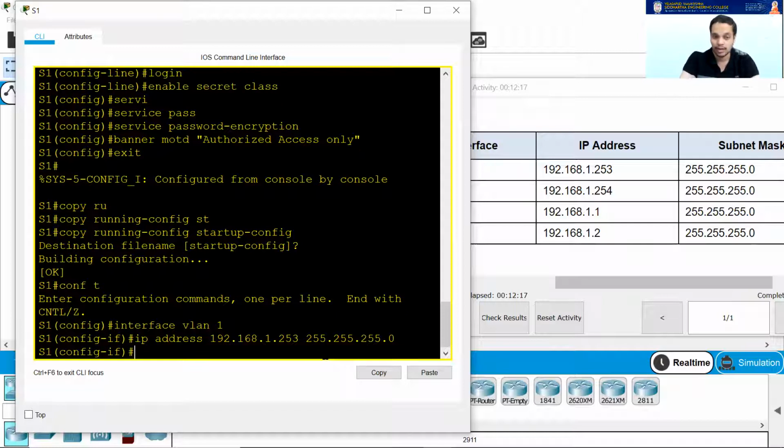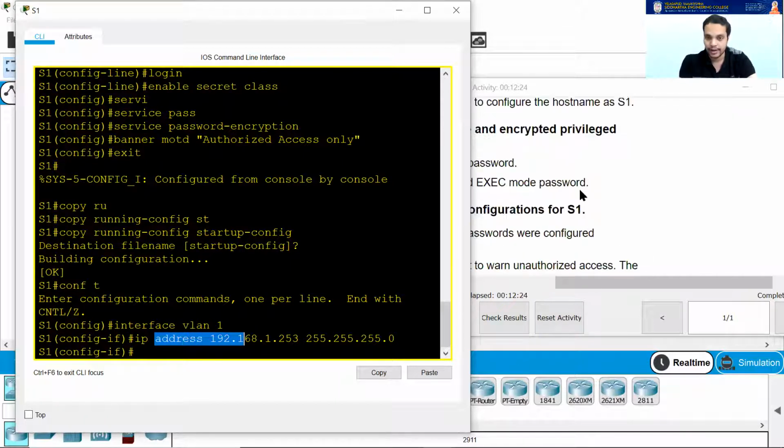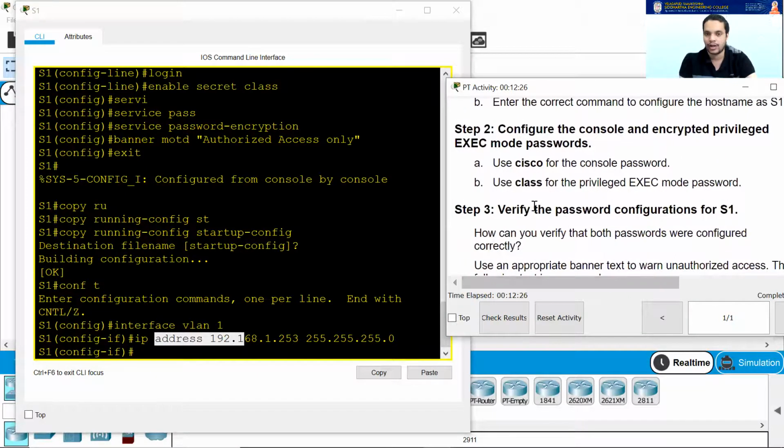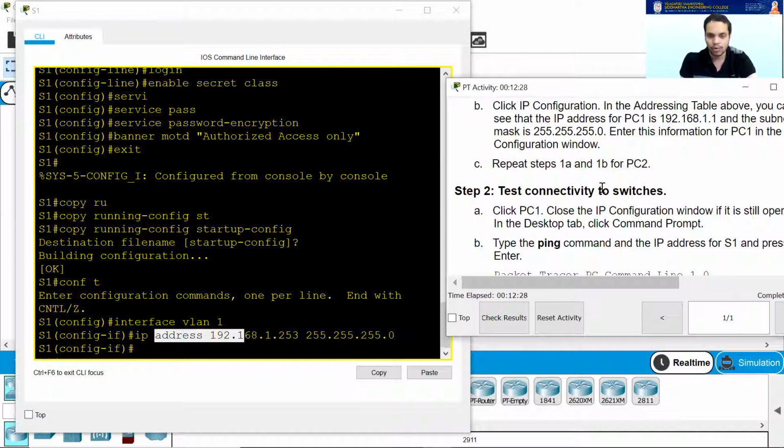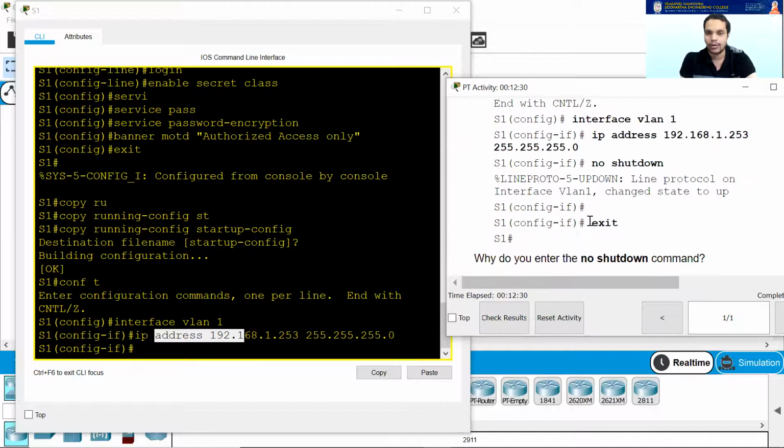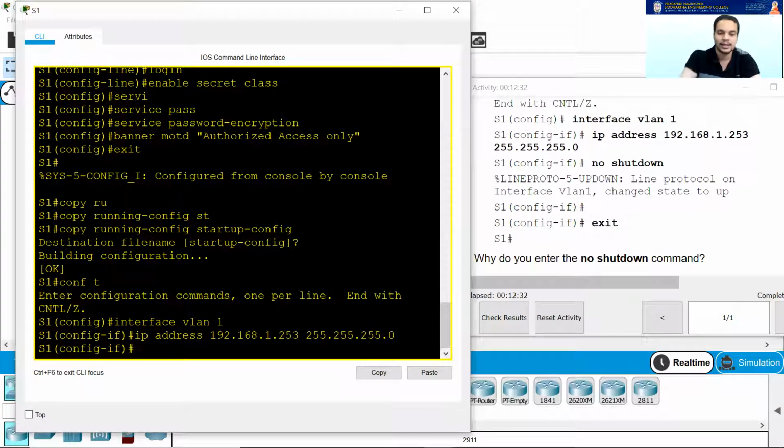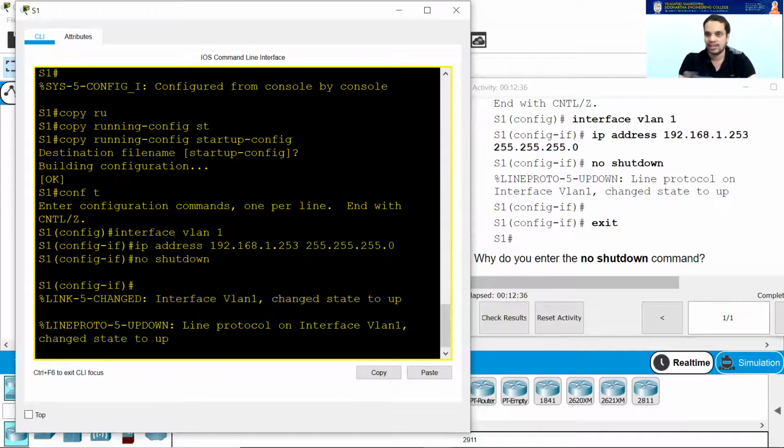Okay, and you are not done yet. Now I have entered interface VLAN and the address part, and to activate this particular mode, I have to type no shutdown. Unless I type no shutdown, it won't work. So just like password and login, once you assign an IP address to an interface, you have to mention no shutdown on that interface. That means it will now be active. So how do we know, sir?